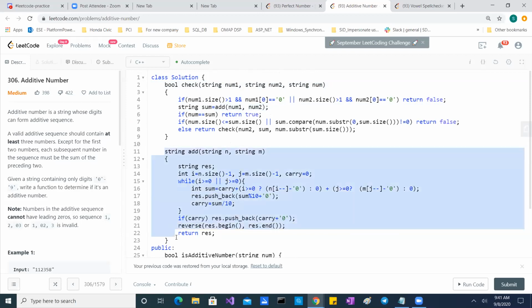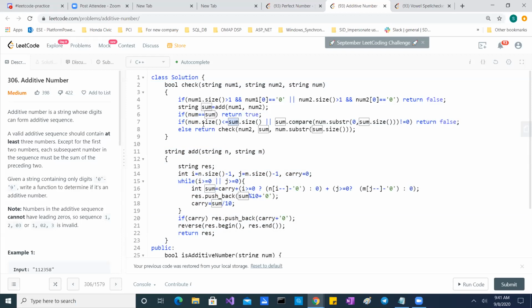So this is the one which goes through each and every string, looks for a carry and the sum, and then forms the new string and returns it, right? When you have this sum, you compare it with whatever is remaining. If it is the same, you return true. Or else you look at whether the current num is lesser than the sum's size, because we're trying to find the invalid cases, right?